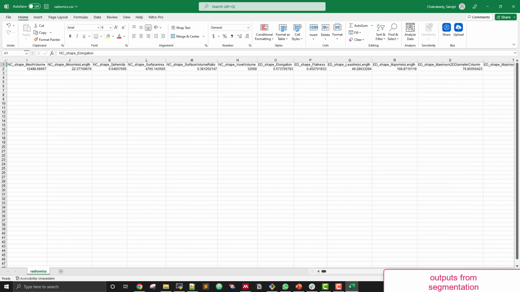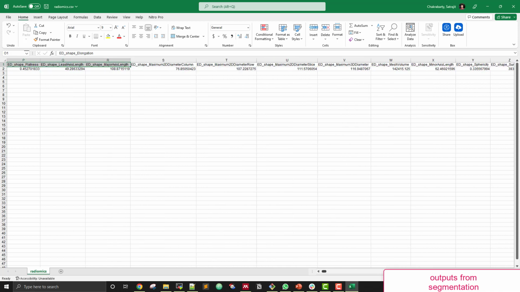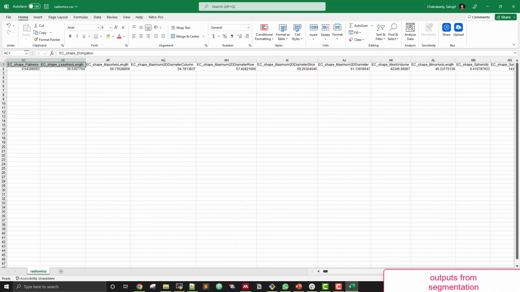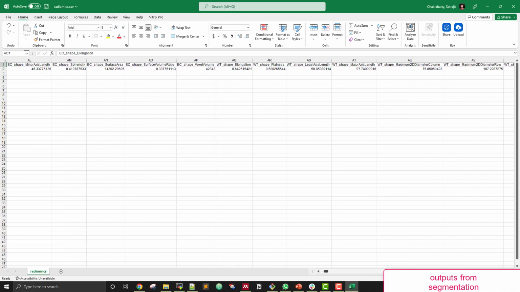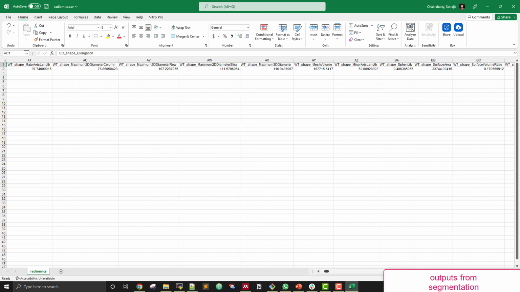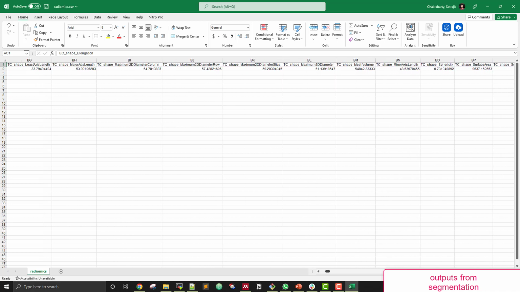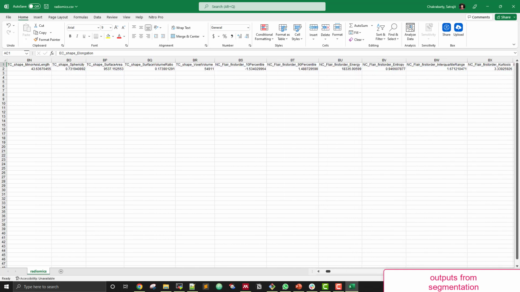ED, for example, stands for edema, NC stands for the necrotic core, etc. And then we have these features for all the different sequences, that is for T1 contrast, T1, T2, and FLAIR. The shape features are the same for all four sequences because they don't depend on the image intensities, but all other features like the texture features are separate for the FLAIR scan, the T1 scan, T2 scan, and so on.